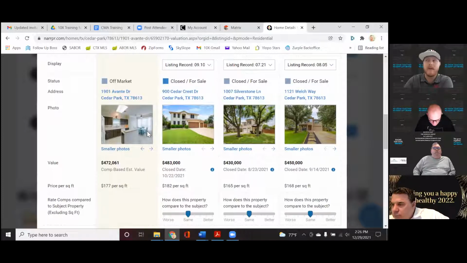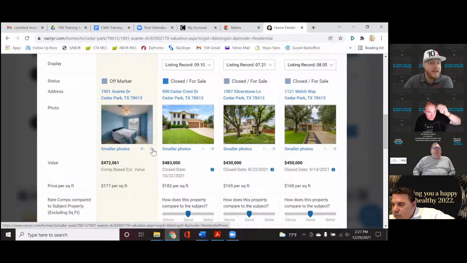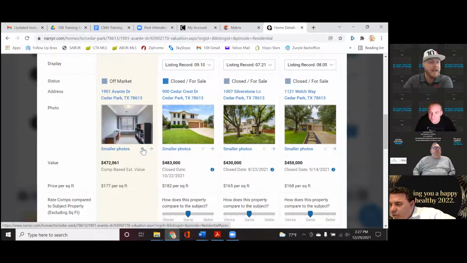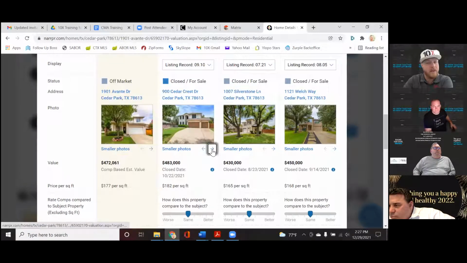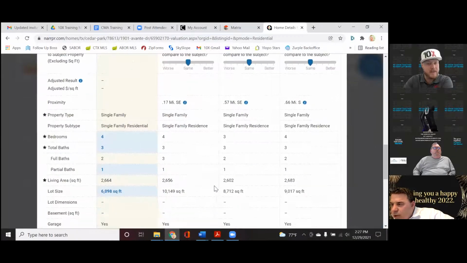Now it's got a fully remodeled kitchen, all new cabinets, all new countertops, all new flooring downstairs, laminate flooring or LVT, actually vinyl tiles. And then upstairs, and the whole house has been painted on the interior. So I know what I need to have an idea of to compare to any of these other properties. So now when I go through and look at some of these pictures, I will look at these home facts as well. We can get a little closer,